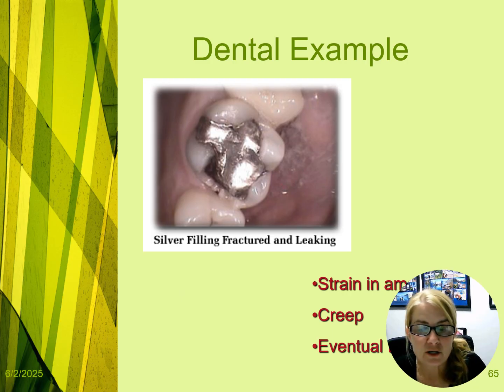A better dental example is strain within an amalgam. You're going to get creep, and eventually you're going to get breakdown and failure of that amalgam. So we don't want the creep. Creep is a measure of edge strength, and the edges have to be resistant to marginal fracture. In amalgam, we're going to learn a lot more about amalgam later, but